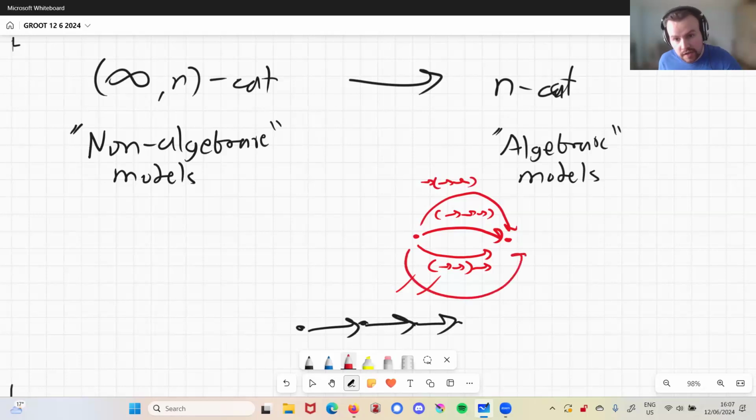Or maybe you'll get yet another one by composing these first two and then putting an identity here and then composing another one, composing these two, right? And so on and so on and so forth. And there are all these different composites that you'll get just by continuously applying these operations freely.